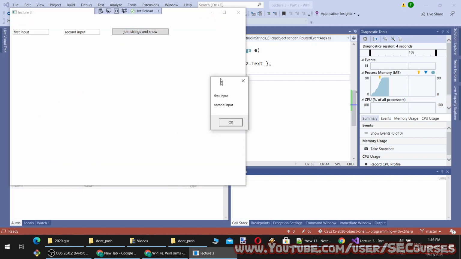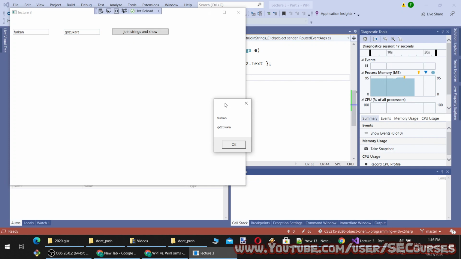When I click, you see a message box appeared, and it shows the string I have provided. I can change here and click the button, and you see it is displaying the provided string.